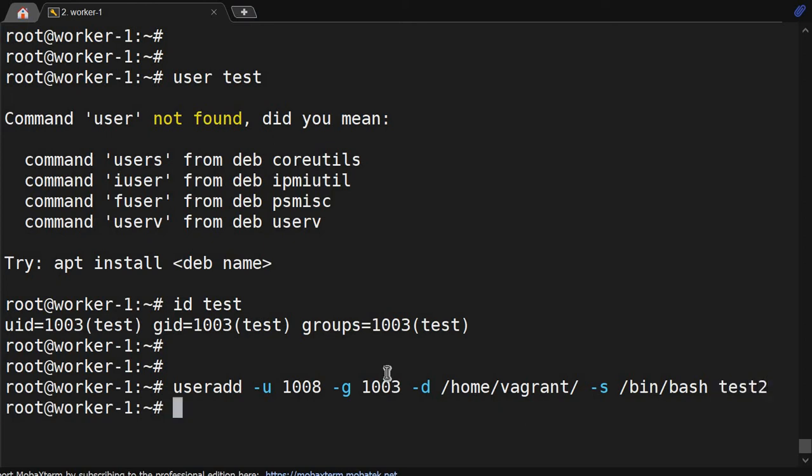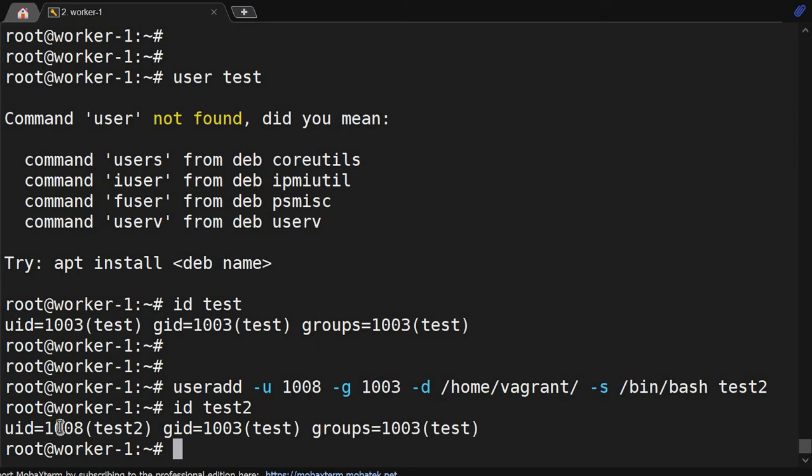And the username test2. Okay, the user got created. id test2. It has a UID of 1008. The group is test because 1003 is for the test user which we have created. The home directory is this. Now we'll set a password for the test2 user,